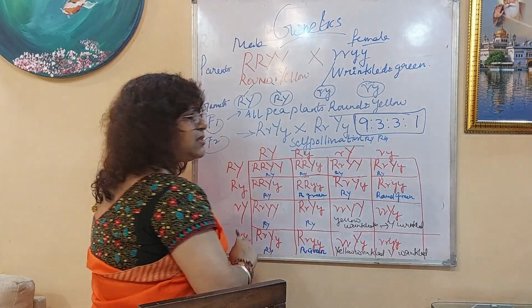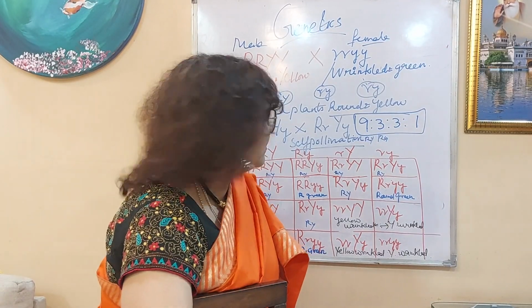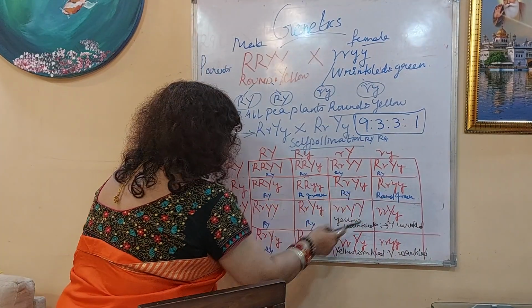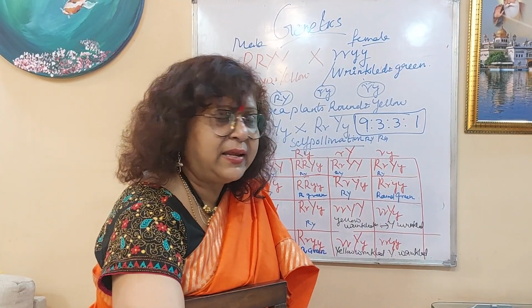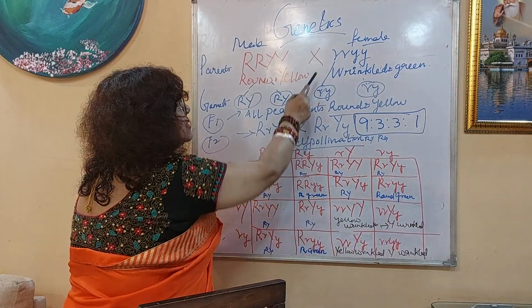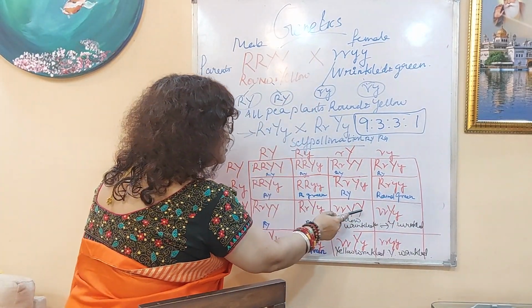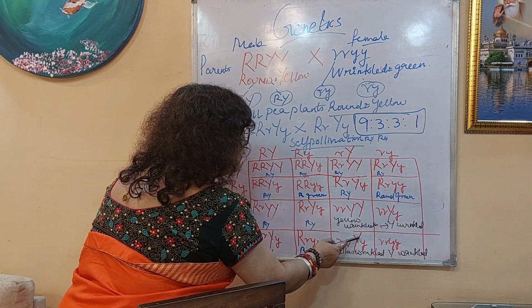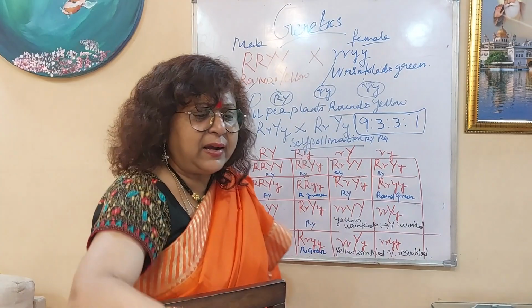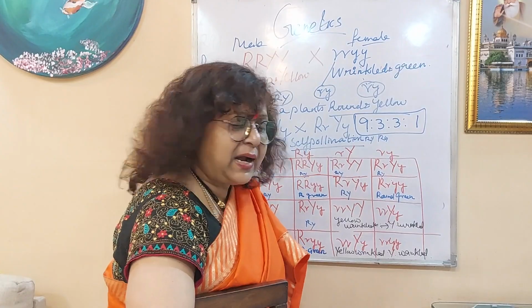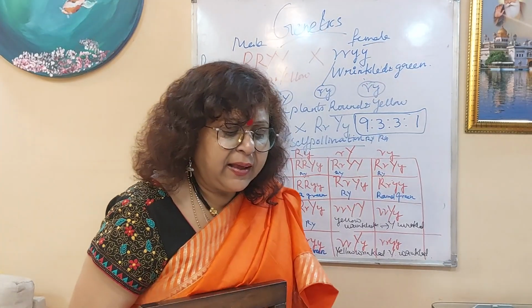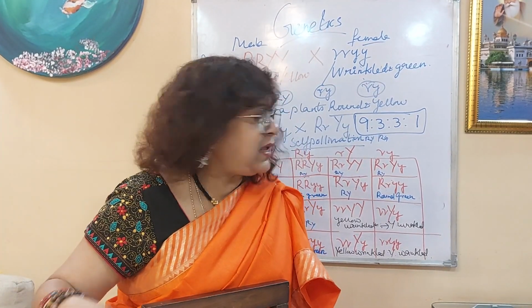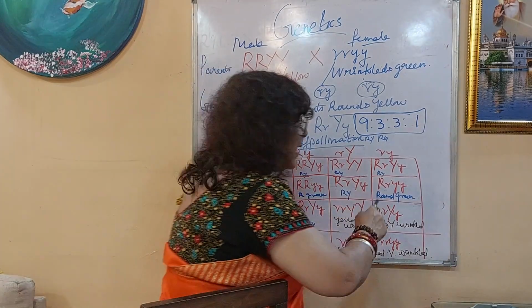Then the next three he found were round and green. 1, 2, 3. Round and green. Another 3 he found as wrinkled and yellow. Wrinkled means this is a recessive trait, small r. 1, 2, 3. Wrinkled and yellow. 3 upon 16, 3 are there. And 1 is only wrinkled and green, the last one. Small r, small y is wrinkled and green. Okay. So the ratio is 9:3:3:1,